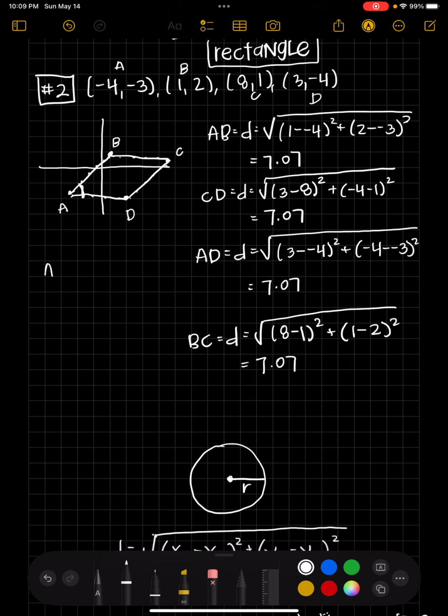So I'm going to start with my slope between A and B, which would be y2, so 2 minus negative 3 over 1 minus negative 4. I'd get 5 over 5, which is equal to 1. So my slope from A to B is 1. Now let's do the other slope for angle A, which is from A to D. So you'd have negative 4 minus negative 3 over 3 minus negative 4, which gives me